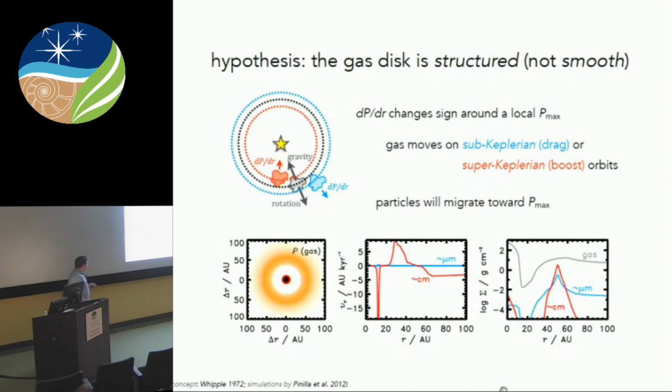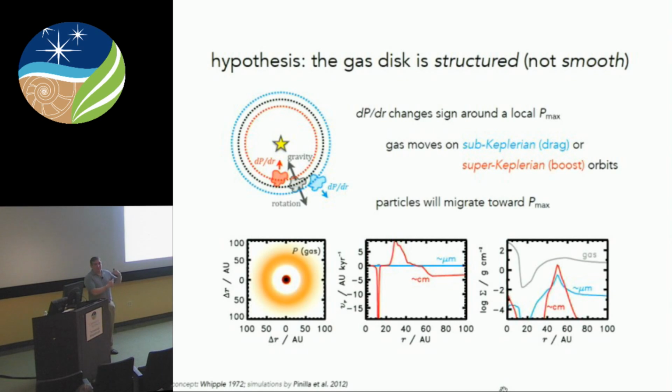And so here's this simple example manifested in this diagram again, where you have a maximum pressure and then very little pressure inside here. And you get this more complicated looking radial velocity profile where if you identify where the pressure maximum is, it's here, you'll have particles migrating inwards and then they stop. And you have particles flung outwards and then they stop here. So here are the surface density profiles, right? So the assumption in this model that's different is that you have this gap in the gas surface density distribution.